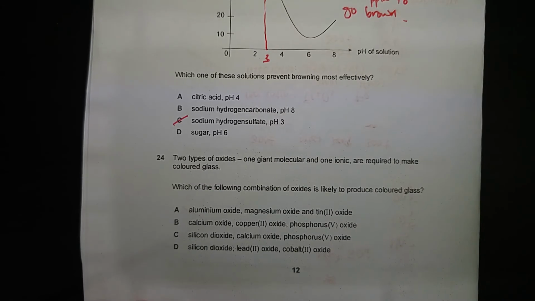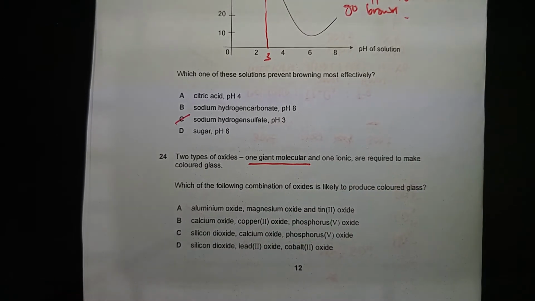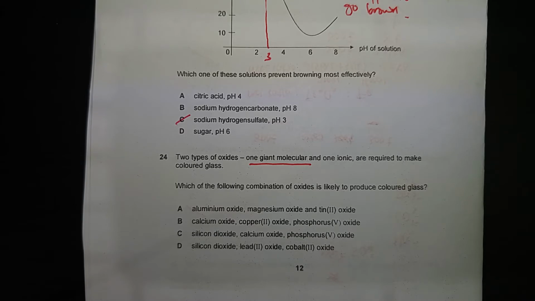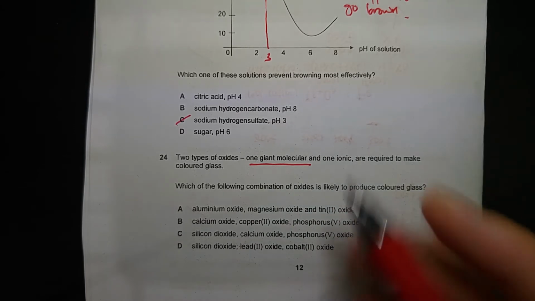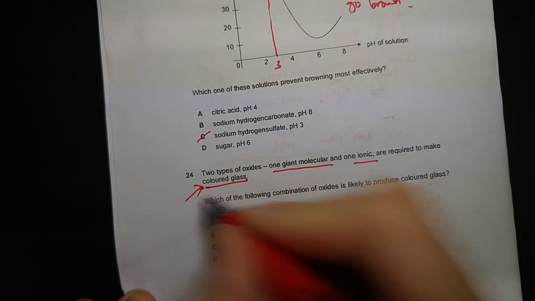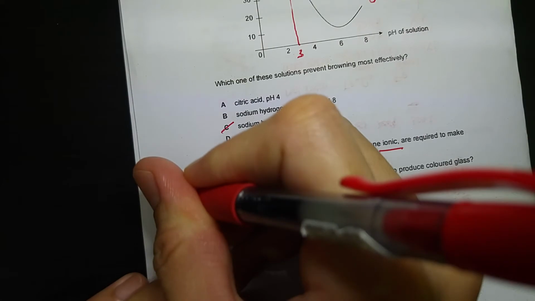Number 24. Two types of oxides. One giant molecular. See, giant molecular. This is the chemical bonding. What are the substances in chemical bonding? In covalent bonding, chapter 7 has giant molecular structure. So you have to recall. One ionic, required to make colored glass. Colored. That means colored compound. So you need to know that transition metal